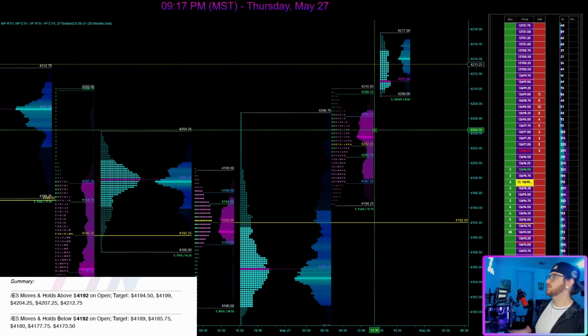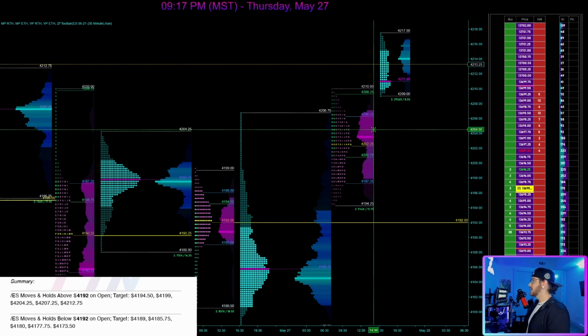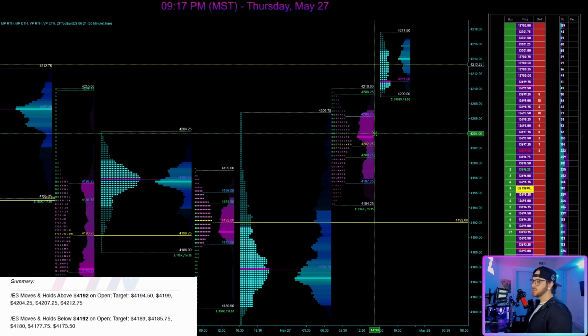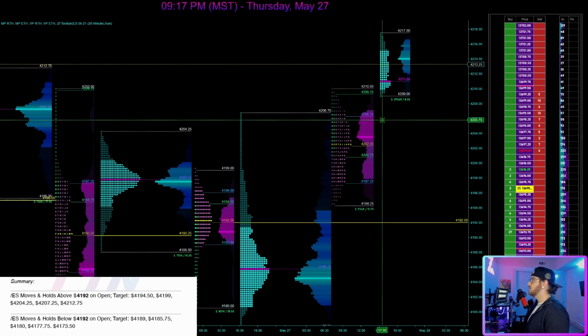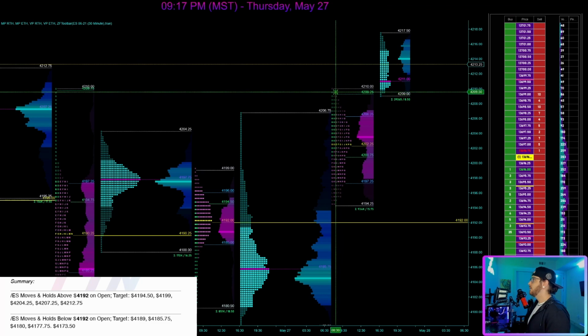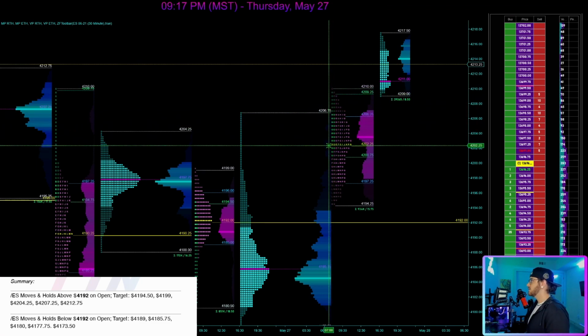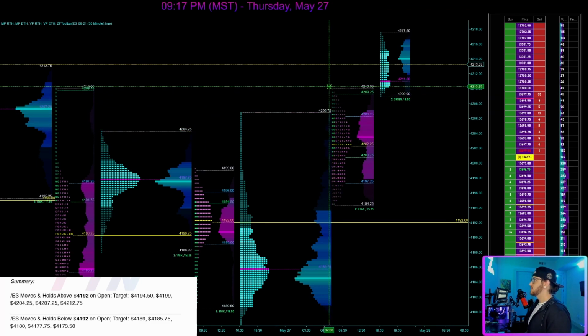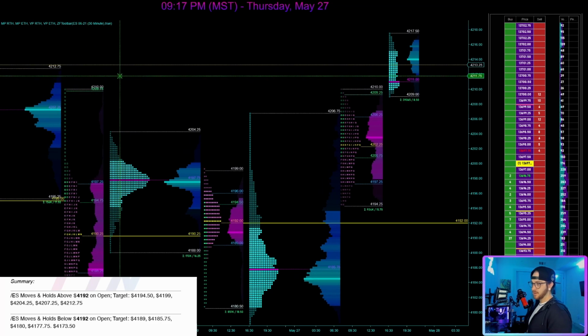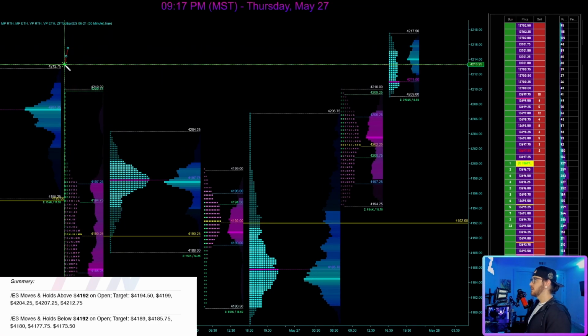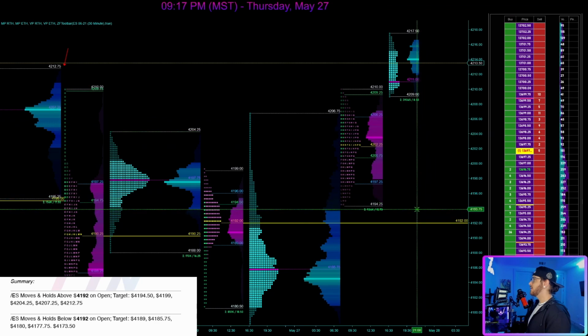So as we said, today's profile was a little strange. We opened up actually right around our third upside target, so we opened up right around 42.04. We moved into our fourth upside target, which was 42.07, and that was in B period. So that was actually the first 30 minutes of the session. And we did not get to our final upside target at 42.12. So it was a very, very tight ranging day.